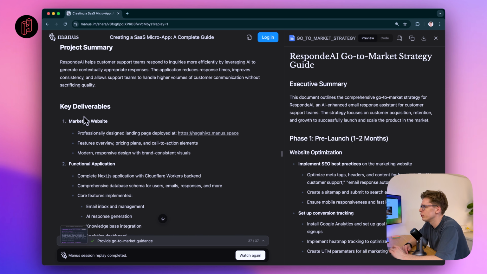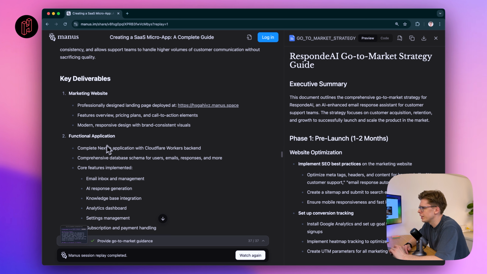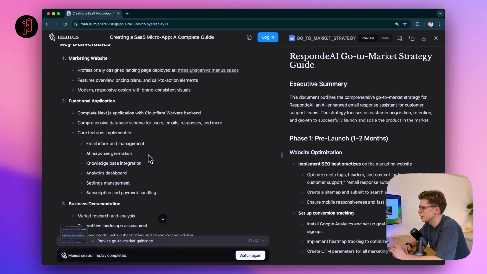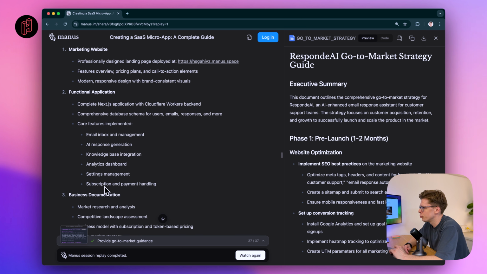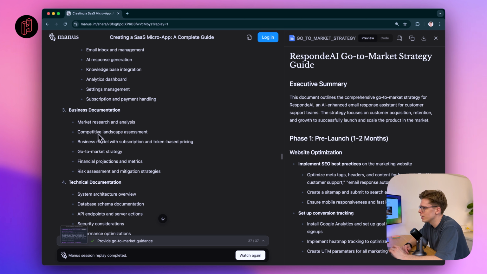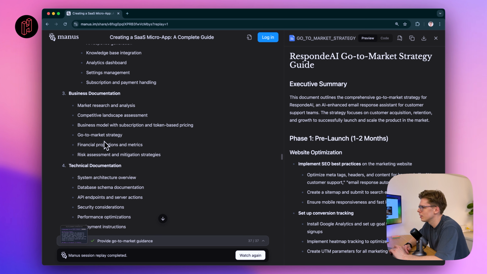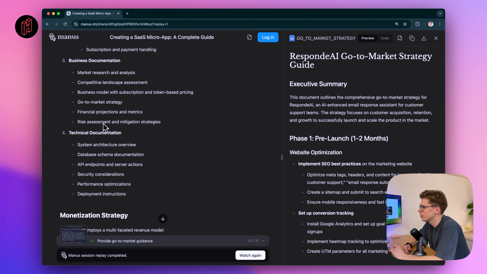Key deliverables: marketing website, professionally designed landing page, it's already deployed, features overview, pricing plans, and so on, modern responsive design. Functional application, complete Next application with Cloudflare Workers backend, comprehensive database schema for users, email responses, and more. Core features implemented: email inbox and management, AI response generation, knowledge-base integration, analytics dashboard, settings management, subscription and payment handling, business documentation, market research and analysis, competitive landscape assessment, business model, go-to-market strategy, financial projections, risk assessment and mitigation strategies,